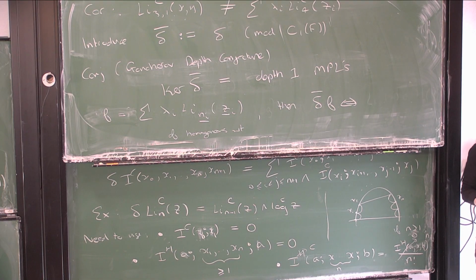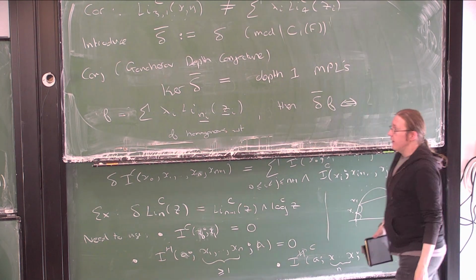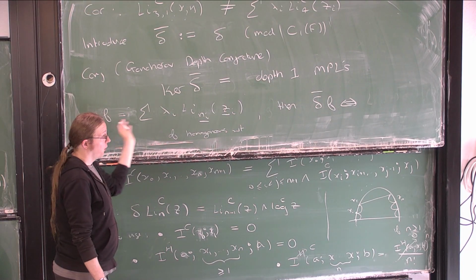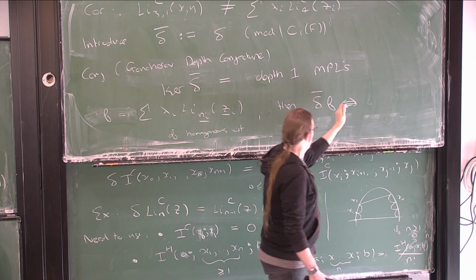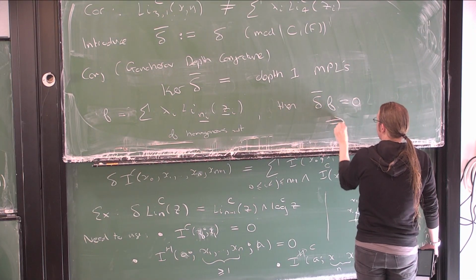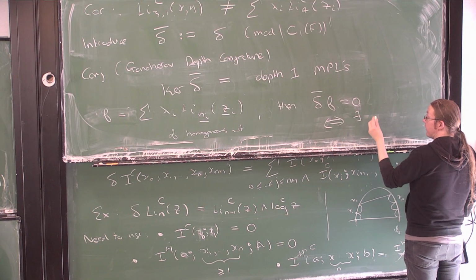Anything of high depth, in what I mean, you can have things that look like they are higher depth, but could be written in terms of depth 1. So there's some subtlety there. More precisely, if I take f as some combination of multiple polylogs, whatever arguments, whatever indices you want, then the vanishing of this truncated co-bracket is equivalent to there existing some combination